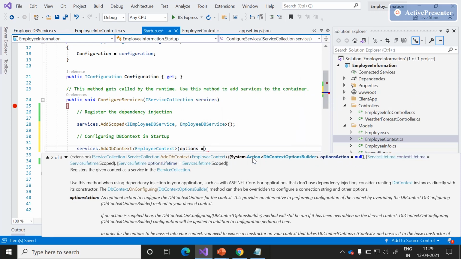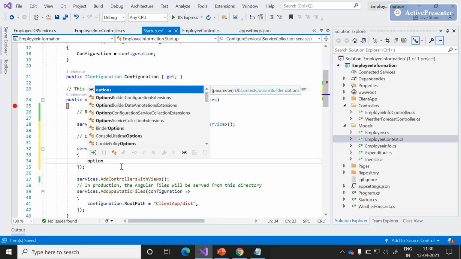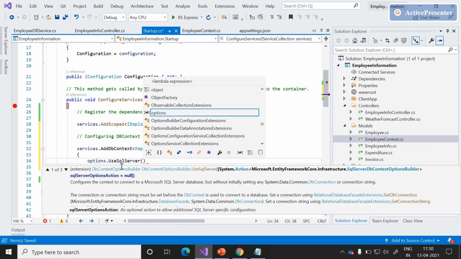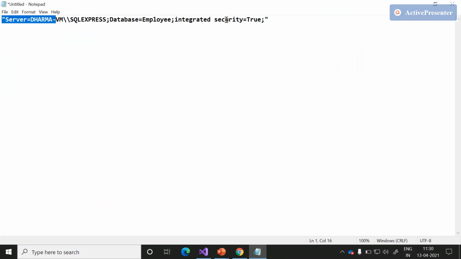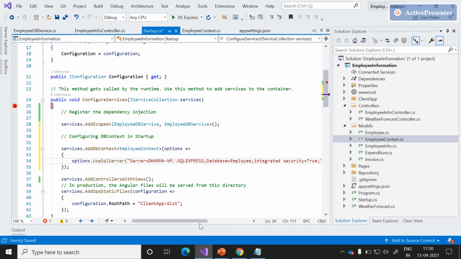I'm just naming it as an options delegate. The next step is that options have one extension method to configure our SQL Server connection string, that is UseSqlServer. Just copy the statement from notepad and paste it here.